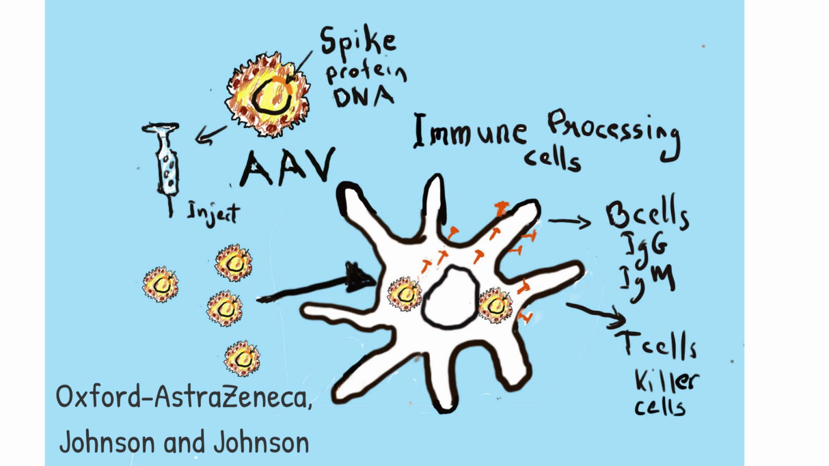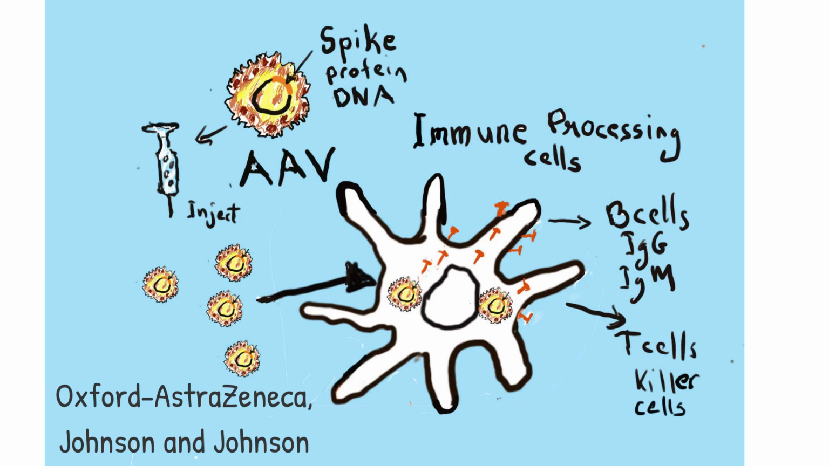Next are the viral vaccines. Both the Oxford AstraZeneca and the Johnson & Johnson vaccines have used adeno-associated viruses, abbreviated AAV. This single-stranded DNA virus has been used in gene therapy for over 20 years. The DNA message for the spike protein has been inserted into the virus, and when the virus is injected intramuscularly,